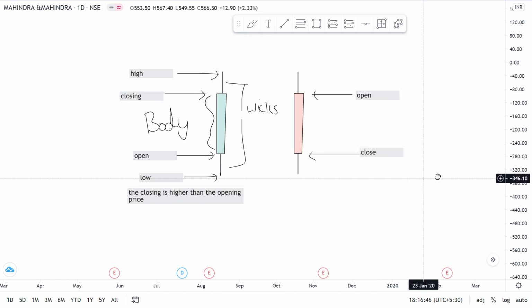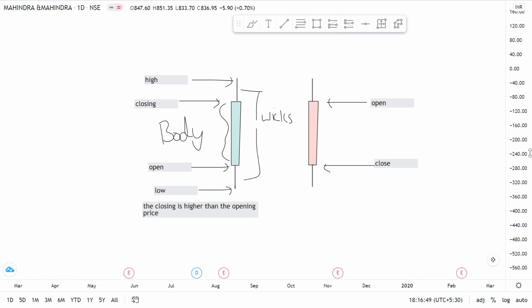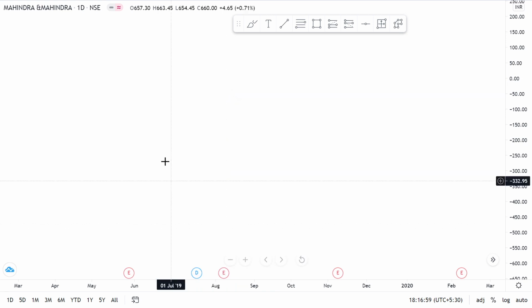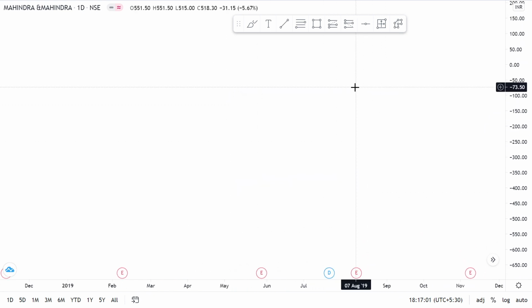Now we can use these candlesticks to interpret what the price is going to do and try to predict the future. So how do we do that? So let me remove these. So we have a few candlesticks, which we call candlestick patterns, which have been observed in the markets historically and have proven to be successful.